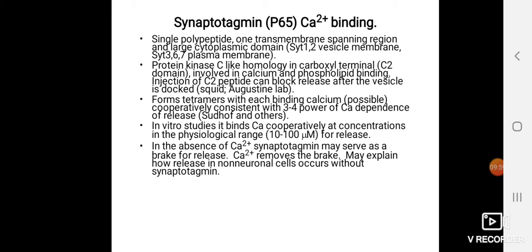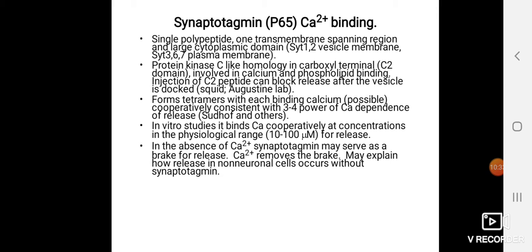In the in vitro studies, people have found this calcium cooperativity at concentrations in the physiological range of 10 to 100 micromolar for the release. In the absence of calcium, the synaptotagmin serves as a brake for the release,